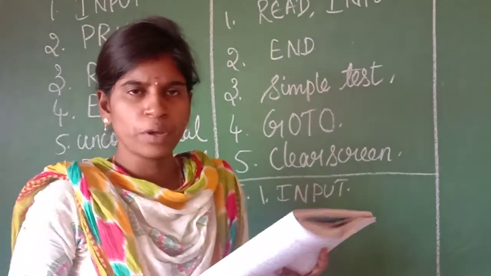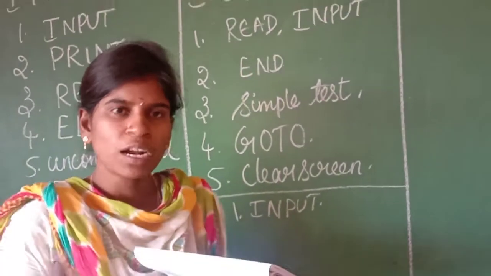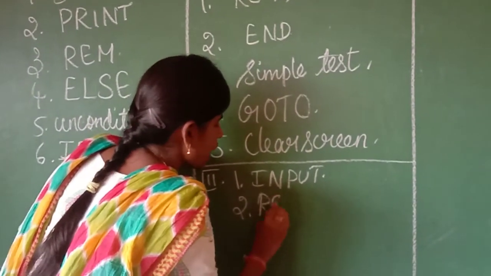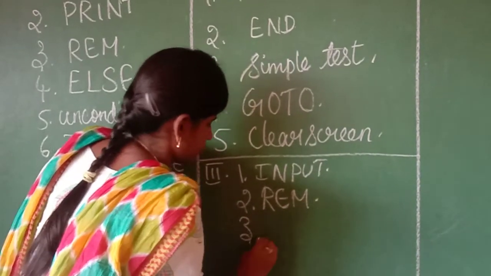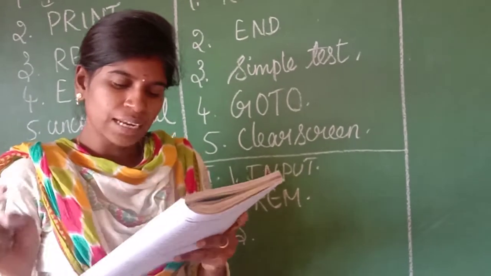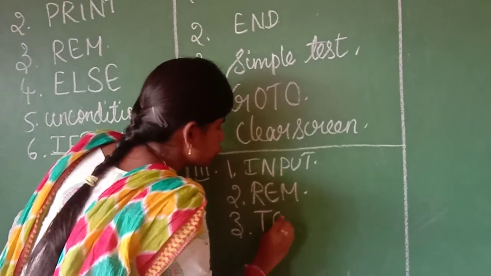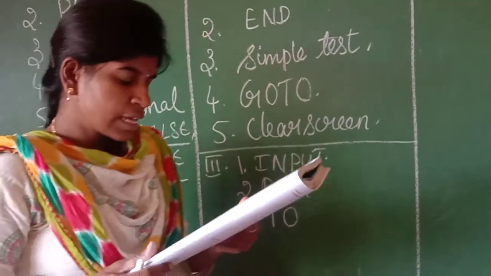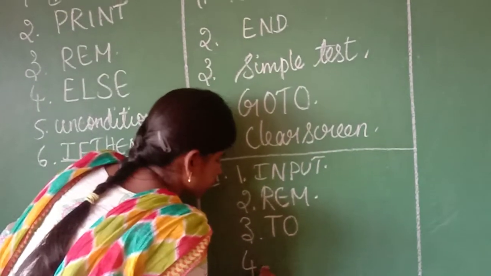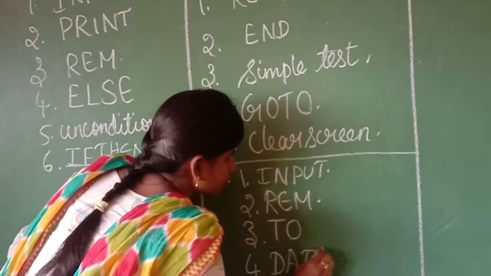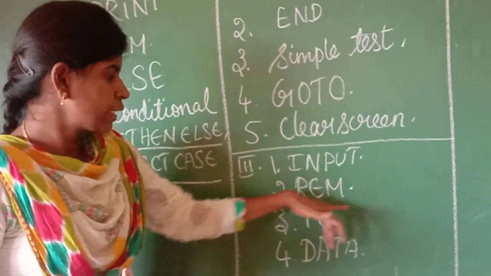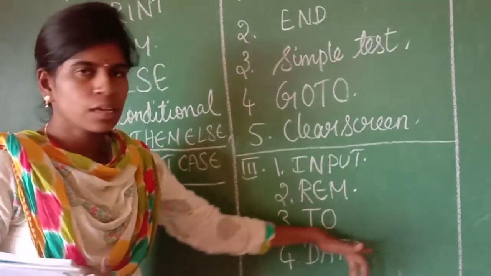To understand the purpose of the program. So if I don't know the QBasic program, if I am watching the program, I need to understand, right? We want to give a command, right? So that can be done by using a REM statement. Okay. Keyword to check the range of value in the select case, we need to give 2. Okay. Statement comes along with the read statement is data. Always read statement will come with the data. Okay. First is input, second REM, third is 2, fourth is data.